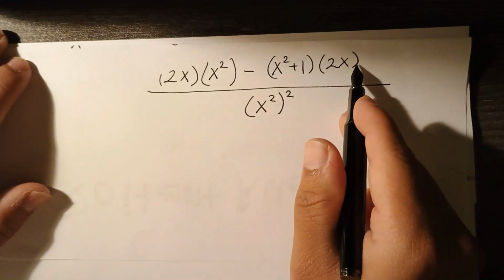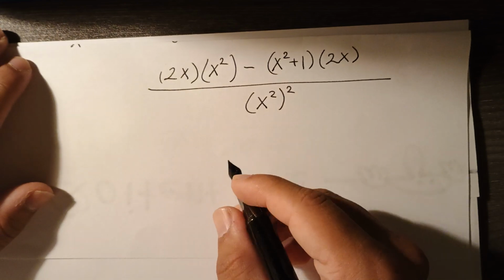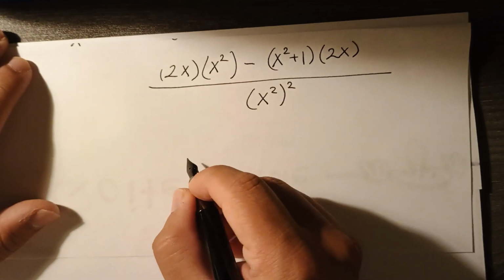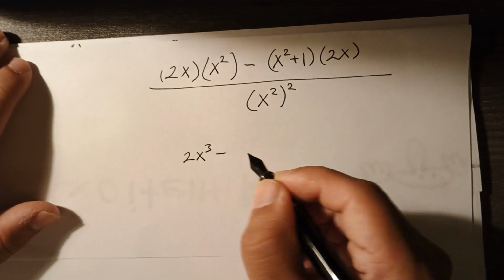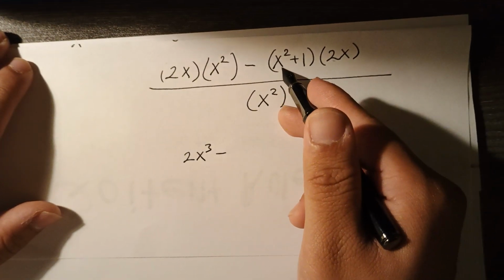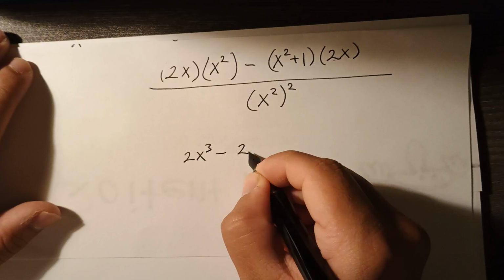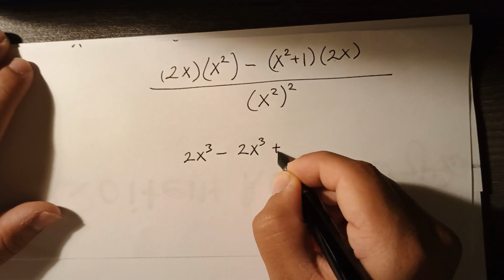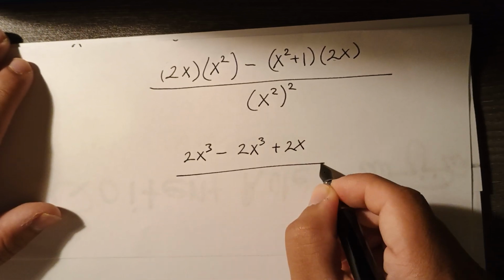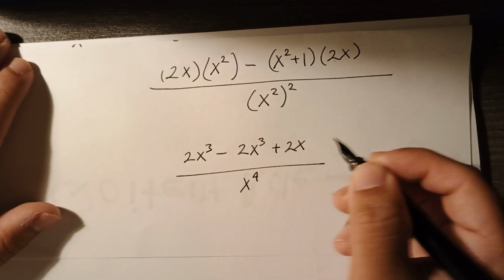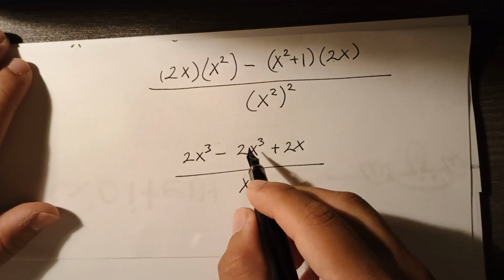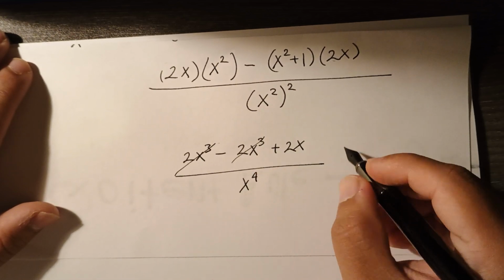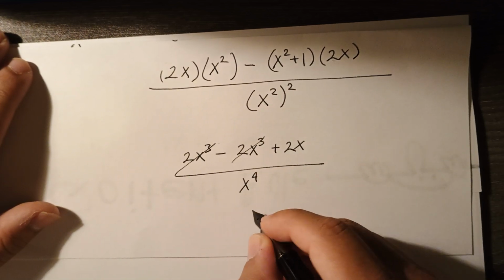So now we're just going to multiply all this stuff and then this stuff, and then we'll be done. This times that is 2x cubed, right? Minus this times that, which is 2x cubed plus 2x. Then x to the power of 4. And now we can combine like terms. These two cancel. So our derivative